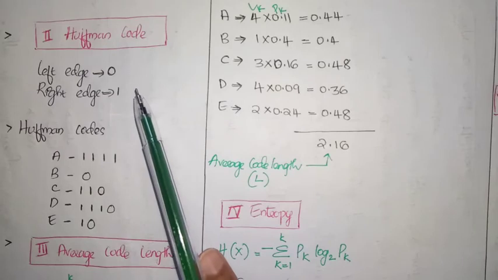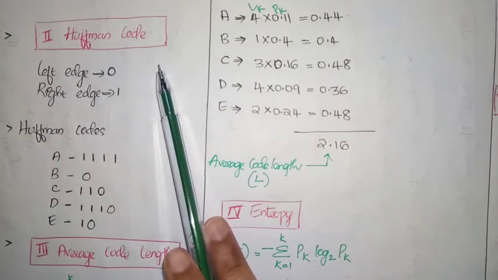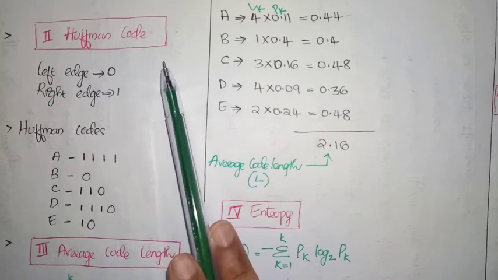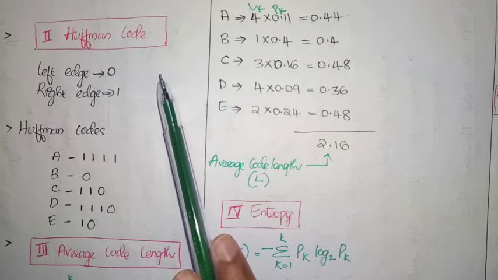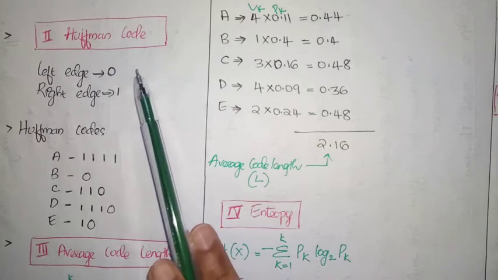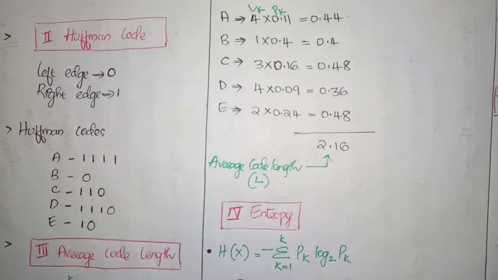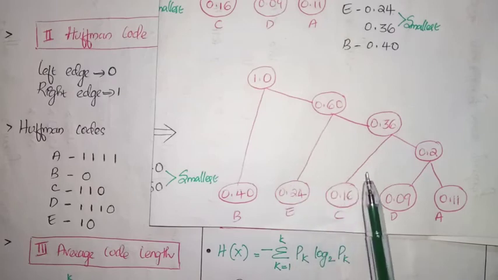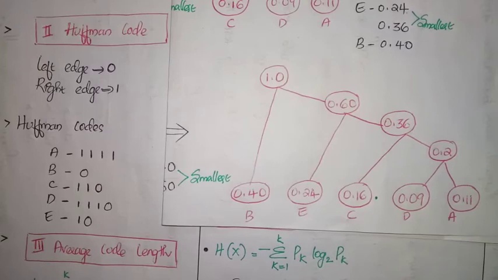Now the next step is we need to find the Huffman code of each of the characters. This Huffman code is considered as the compressed or the encoded value of each of the characters in our question. So next we have to find the Huffman code. Now how can we find this Huffman code? Let's just take the Huffman tree that is obtained. So this is our Huffman tree. In order to create the Huffman code of each and every character, we have to do some work in this particular Huffman tree that was created in the first step.